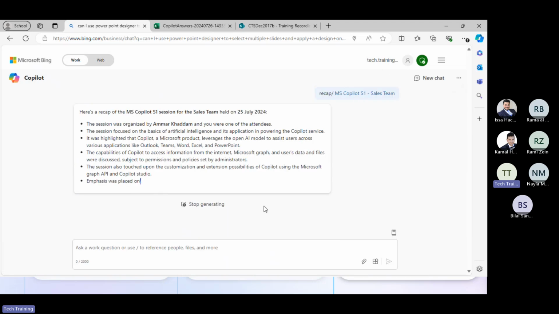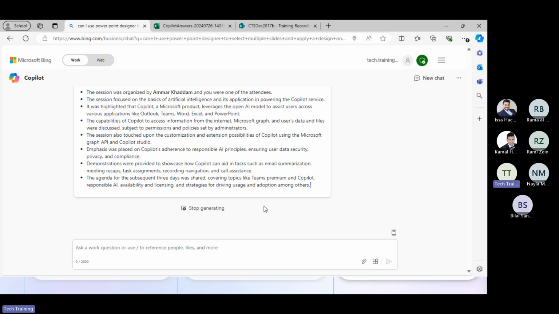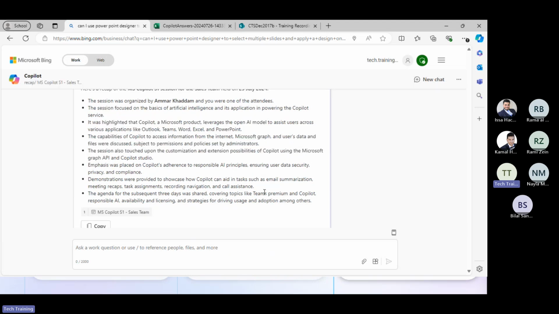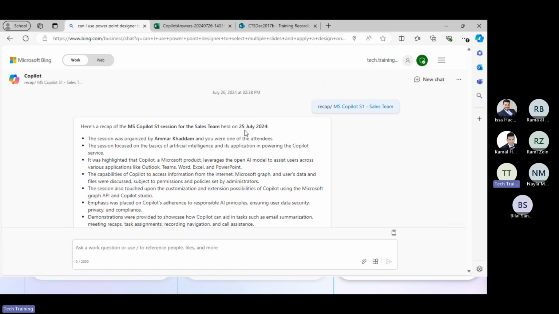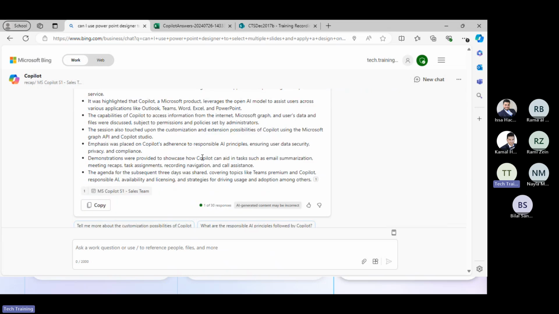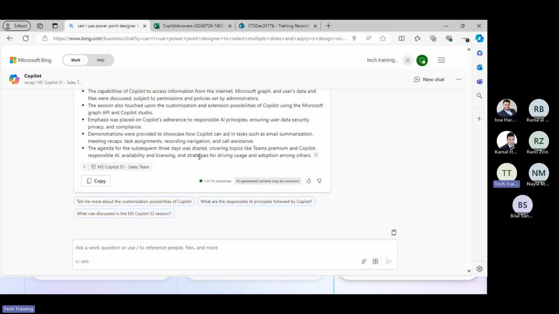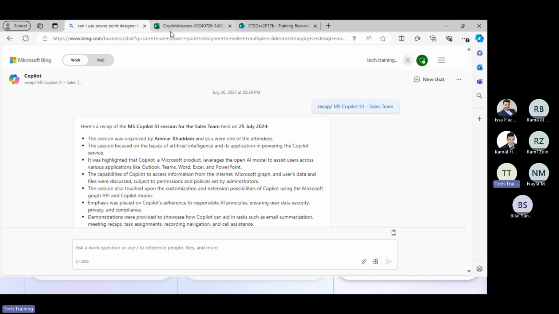As you can see, it is summarizing what we have been studying and it is recapping it for me. Okay, here is a recap of the session 1 on July 25. The session was organized by Ammar, and it shows many things that were related to that. Okay, again, if I need to go with any of the files that I have,